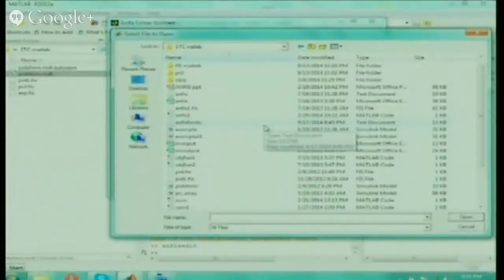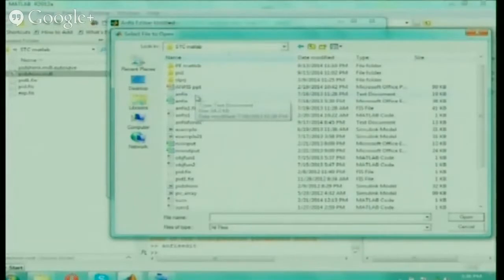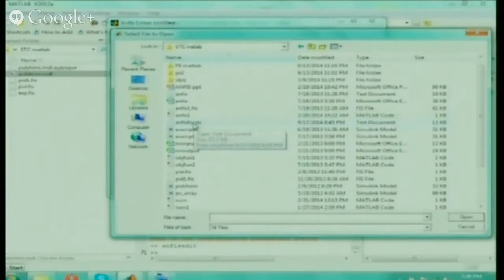That is your wish. You can have it in both. Here I have shown it in Notepad. If you see ANFIS for STC in Notepad, I have just taken it. I have more data also, but it takes half an hour to load because it is large data. So I cut it short and took only a few data. This is also around 300 data which I have taken, I think.